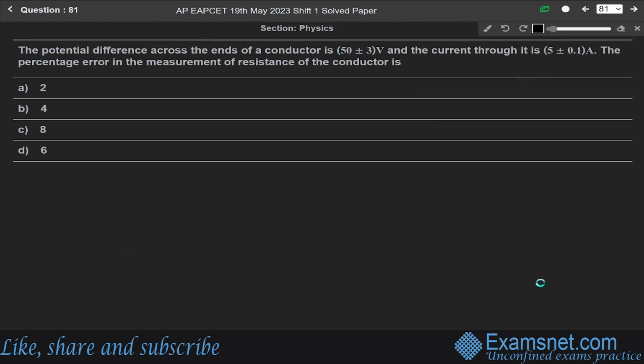The potential difference across the ends of a conductor is 50 plus minus 3 volt and the current through it is 5 plus minus 0.1 ampere. The percentage error in the measurement of resistance of the conductor is? First of all, this question is from the chapter of units and measurements. Now, we know that from Ohm's law,